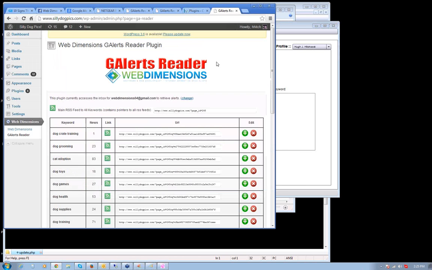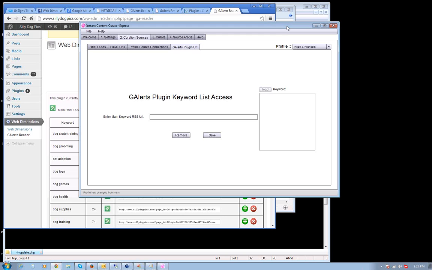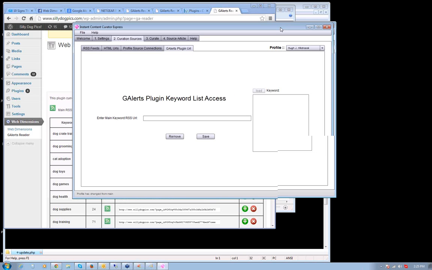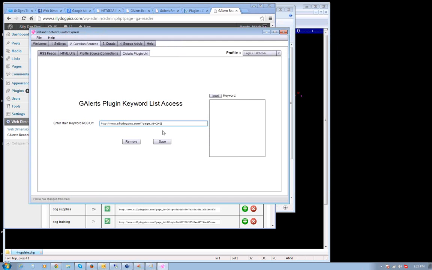and copy this link, the top one, the special top link that says main RSS feed to all keywords. Copy that link in this text box, or you can also right-click and copy link address here. Go back to ICC Express and paste that URL into this text field here. You can load it, which will show you what feeds it contains. As you can see, they're all here. And then I'm going to save it to that